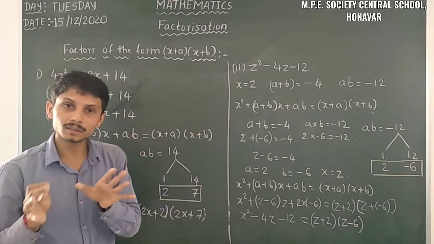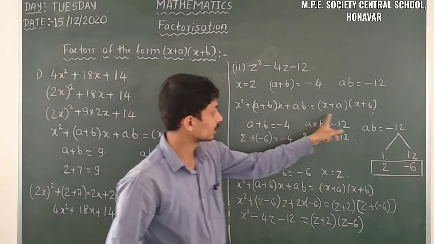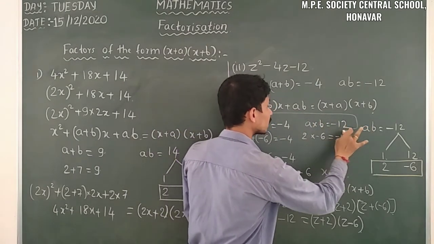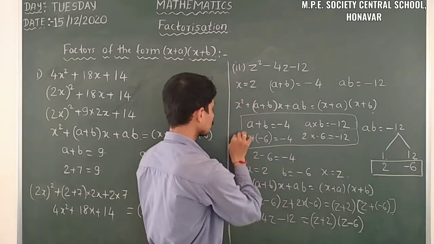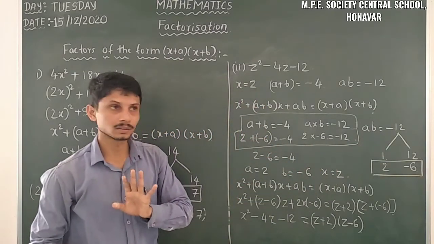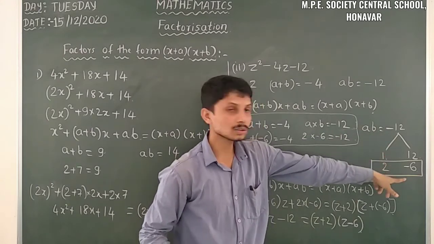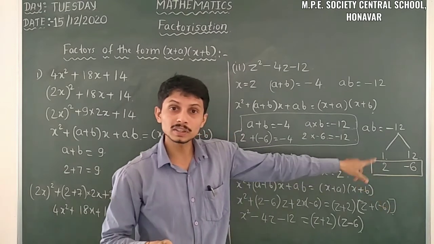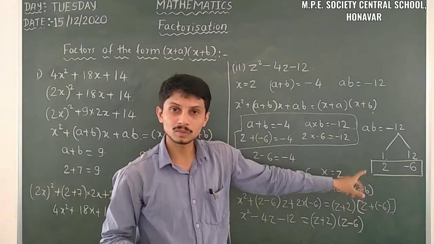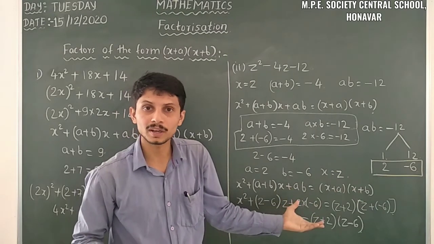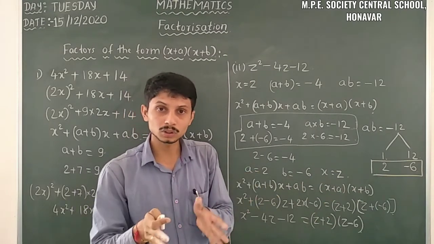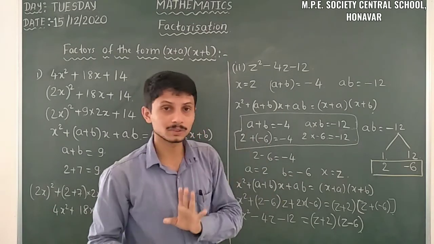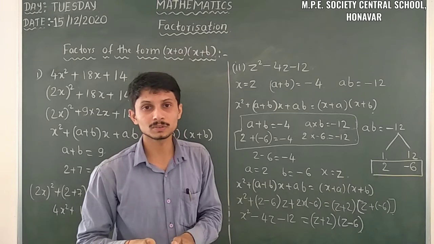So here we have difficulties taking this one. In this case we have the difficulty, so we have to be careful in this part. Firstly, take the factors of that number and analyze the situation, how to take the addition. In which factor we have to insert the negative sign and in which factor the positive sign, which factors we have to take here, that is the big confusion here. So don't get confused.